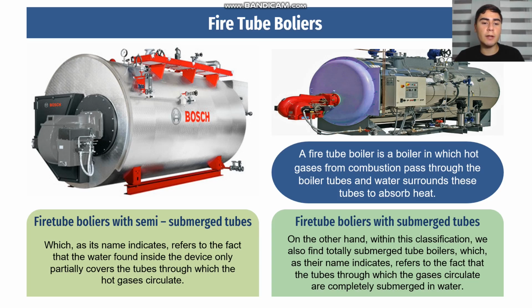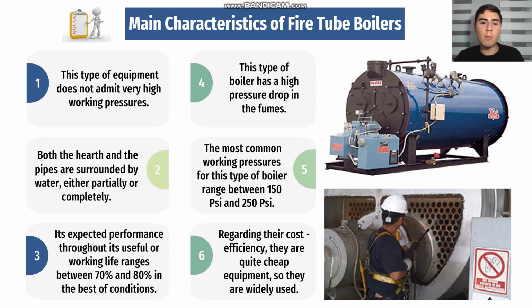The fire tube boilers with semi-submerged tubes, as its name indicates, refers to the fact that the water found inside the device only partially covers the tubes through which the hot gases circulate, and the fire tube boilers with submerged tubes, as their name indicates, refer to the fact that the tubes through which the gases circulate are completely submerged in the water. Okay, now my partner Michael Roncancio will talk about the main